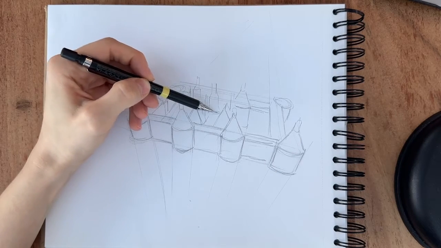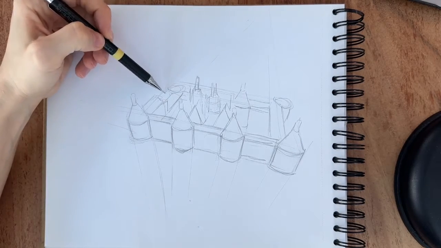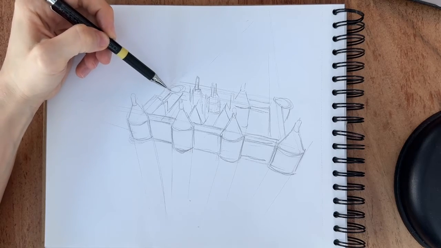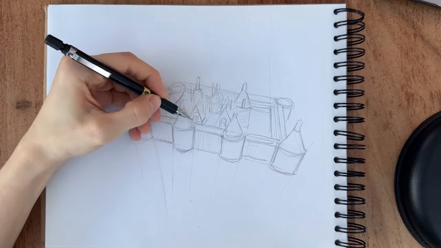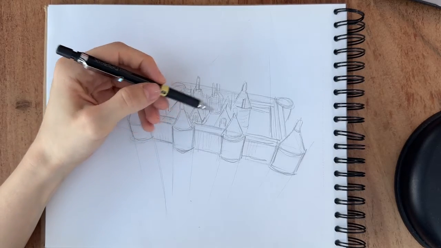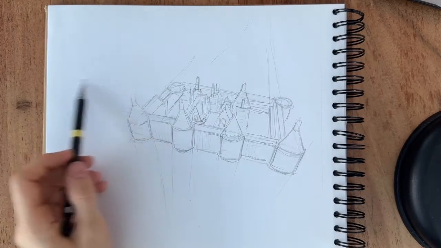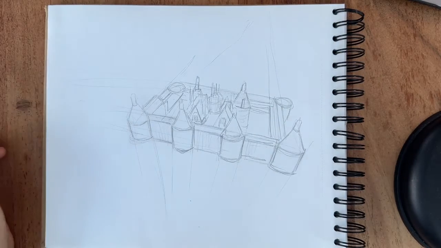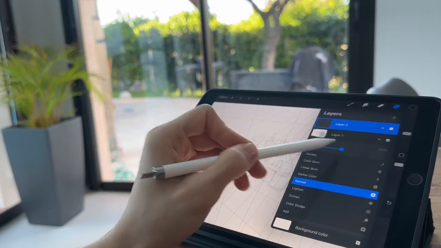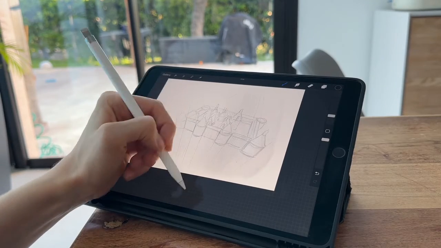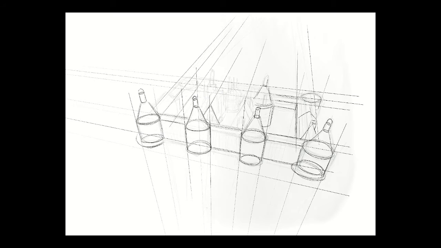So I'm just drawing the basic shapes, trying to divide every part of the building into really basic shapes, while keeping the perspective in mind to make a drawing that is accurate. So here is the outline of the drawing. Now I want to continue the drawing on my iPad and upload it on Procreate. I used the outline sketches I made before, and I am fixing the perspective problems I made in some places.